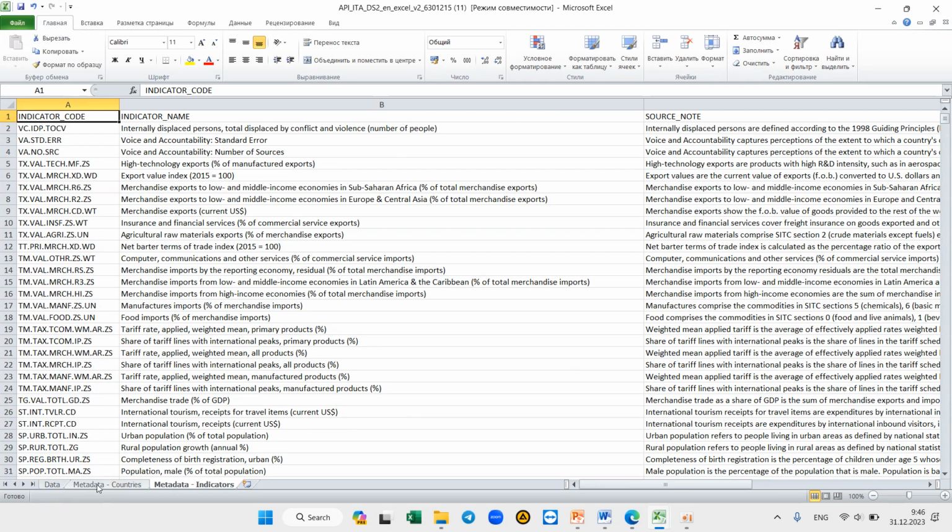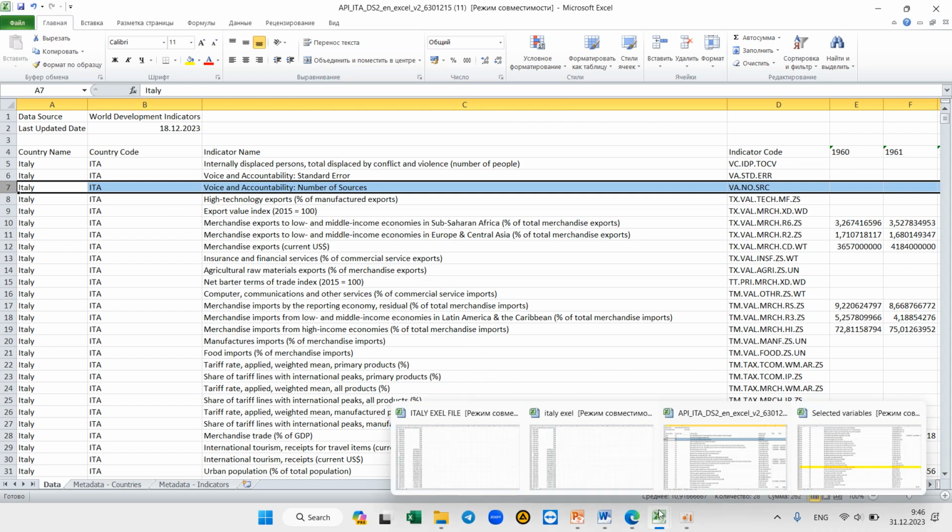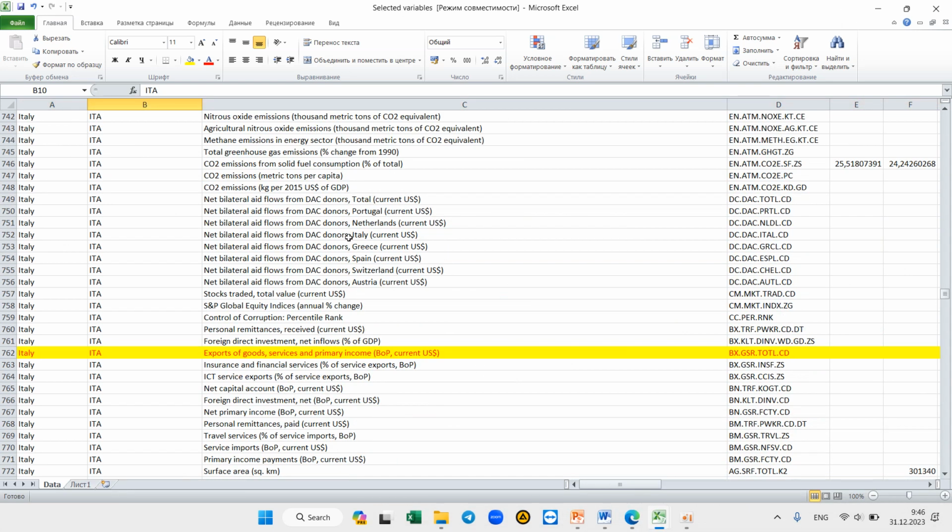As you can see, there are three types of data: metadata, countries, and indicators. We don't need metadata, countries, and indicators. We just need data. And from data, we'll choose 4 or 5 variables for our data, as much as you want. Actually, I have prepared all the things beforehand. I have chosen my variables. As you can see, it's exports of goods, services, and primary income,